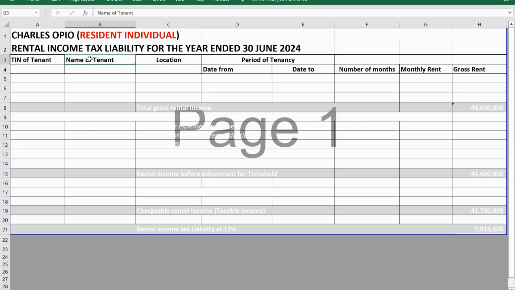Mandatory is the name of the tenant. That one, they will need it. Mandatory is the location of the units. I don't know whether this screen is visible. Kindly confirm the working papers are visible. I'm going to share this with you. This is what you're going to be using in the field. Just the format is already there, so you don't need to design new ones. Just use this. So kindly confirm, 2-3 people confirm you're able to see this. I proceed. Okay, perfect. They are interested in the location of your units. Where are they located? They are interested in the period of tenancy. From what date to what date? They are interested in